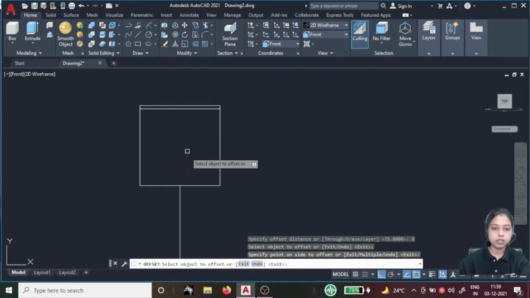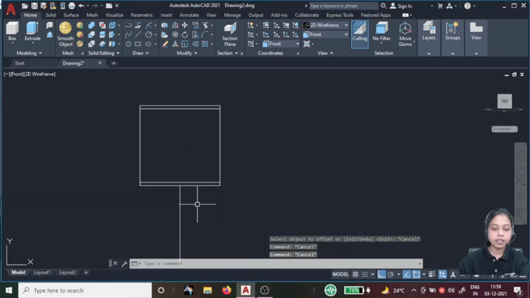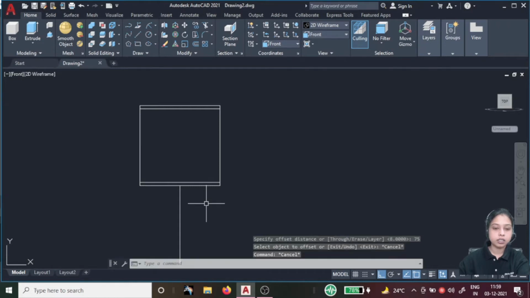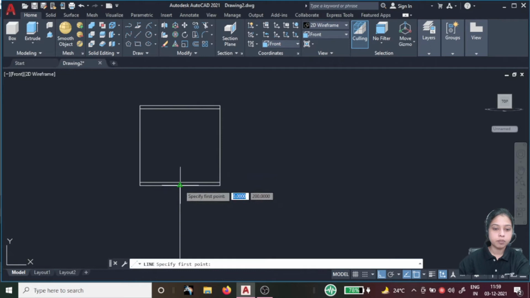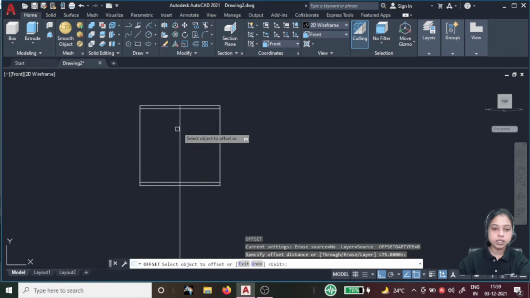Select this inside of my object, and again go for offset O, enter, specify 75, enter. Before that we need to create a line over here, this one. Go for offset O, enter, specify 75, enter, and select this left side, and again the right side.